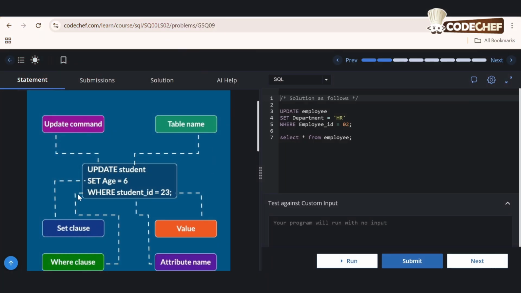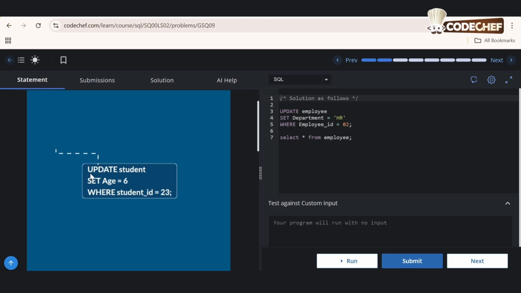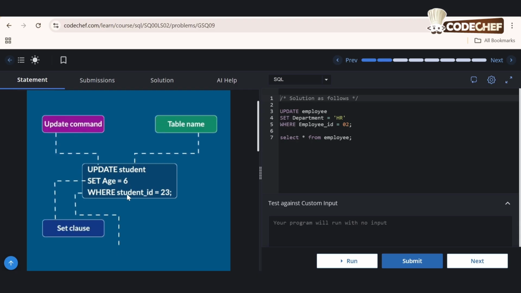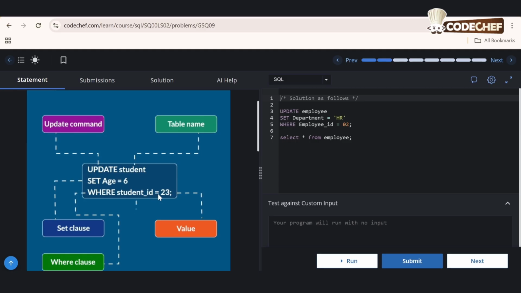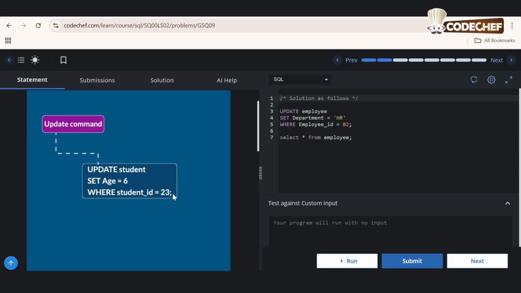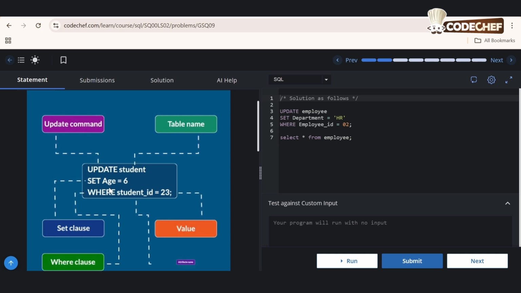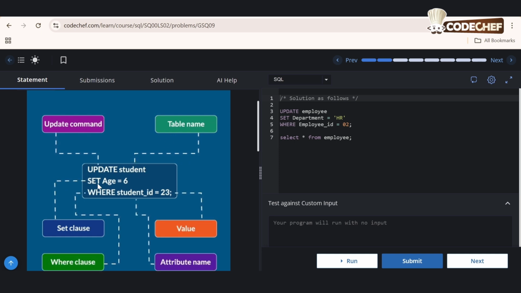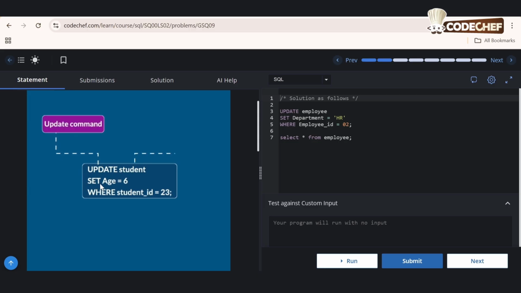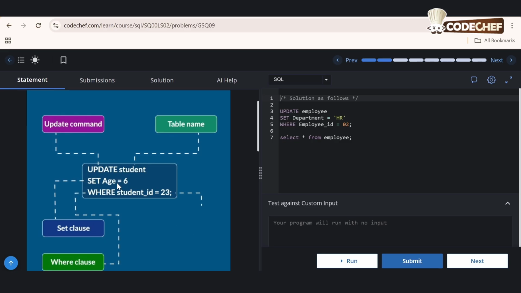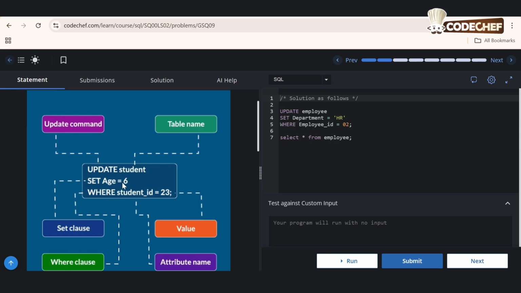So here we have an example of the update statement. UPDATE student SET age = 6 WHERE student ID = 23; Here UPDATE is the command syntax, then student is the table name. To change data, we write the SET clause, which is used as it is. It's a keyword. Age is the name of the attribute whose value we want to change, then equals